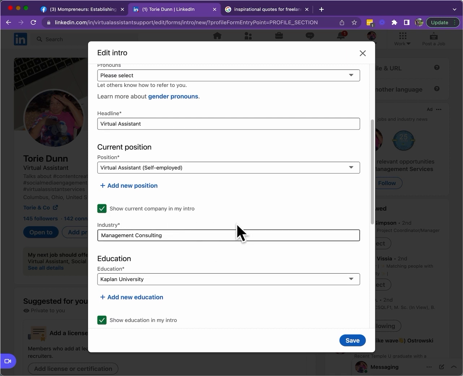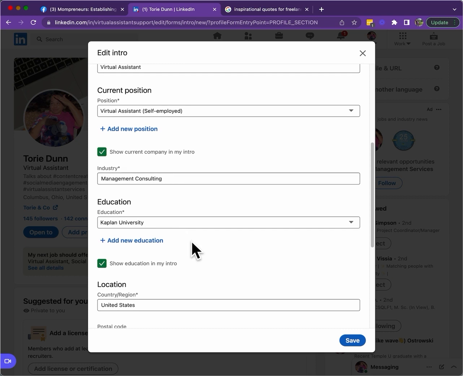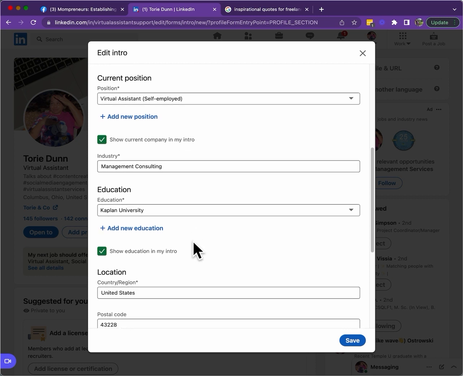However you want to word that, however you want it to look, it's up to you. Make sure I show my current company, doing my industry. Again, when you start typing, you can put whatever industry you want to be categorized in. I just use management consulting because of the type of clients that I was looking for when I created my LinkedIn profile. Your education, and guys, with your education,